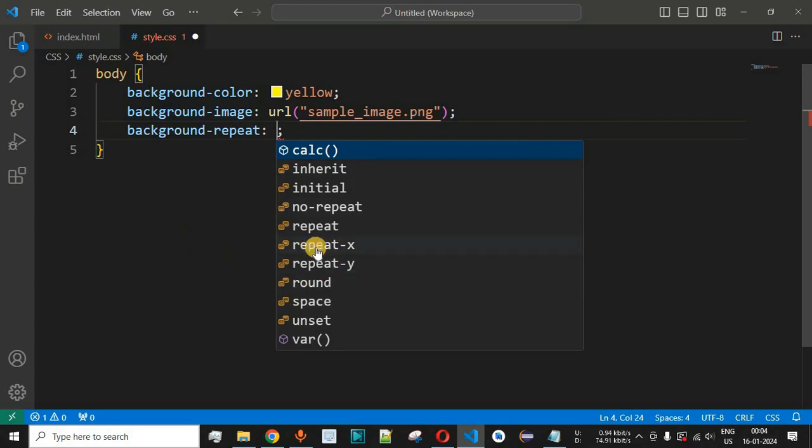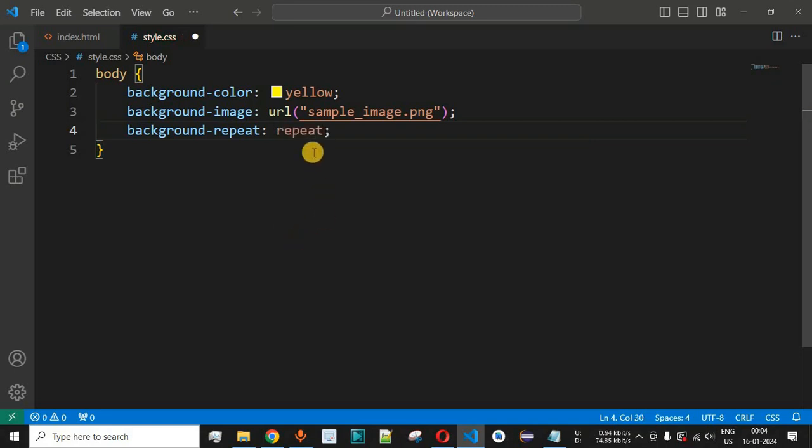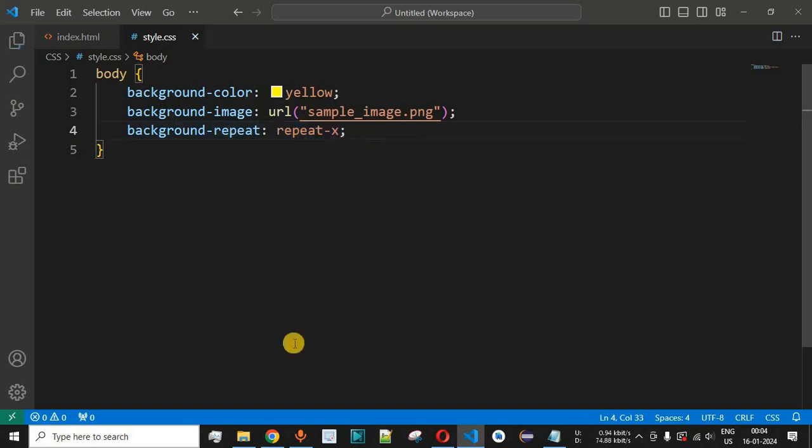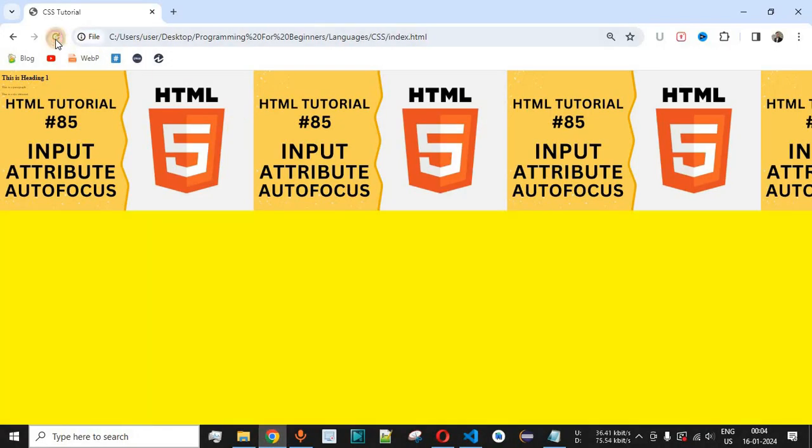Simply let's say if we want to repeat it in the horizontal direction, then we can use repeat-x. By default the repeat value is being used, in which case it is going to repeat horizontally and vertically as well. But this time, if we want to repeat it horizontally, we'll set it as repeat-x. Let me just save this file now and try reloading this page once again on the browser. As you can see, the image is getting repeated in the horizontal direction now, and we also have the background color that is being applied to the remaining portion of the background.